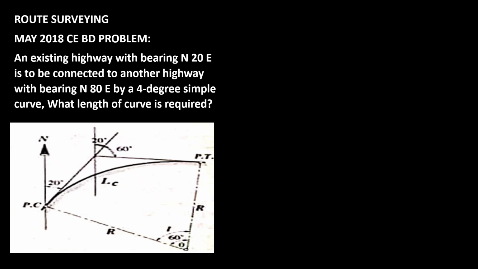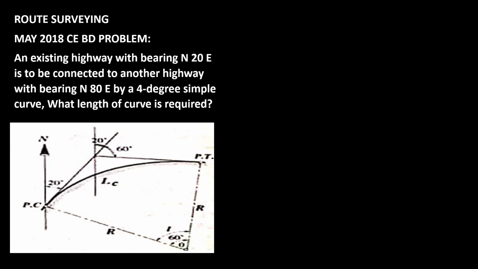As we can see in the figure drawn below, we have the central angle of our given curve, which is equal to 60 degrees. If we're going to use this in calculating the length of the curve using the length of an arc formula, we're going to convert 60 degrees into pi radian, wherein we have to multiply it by pi over 180 degrees.